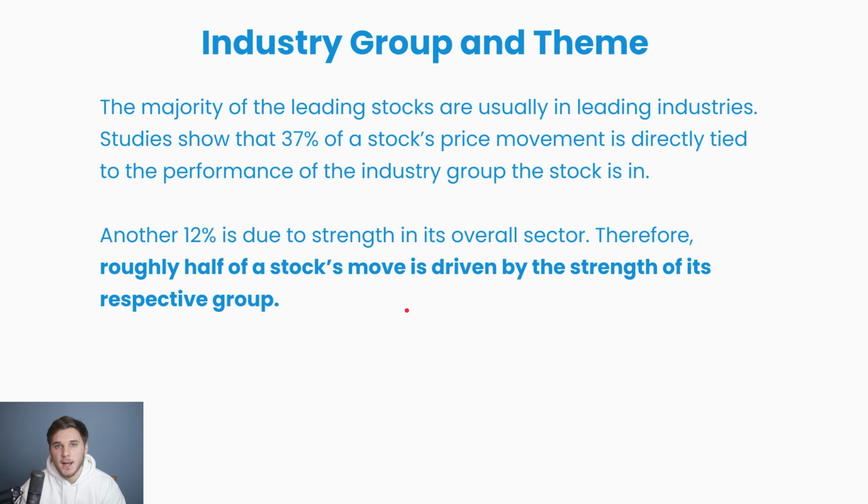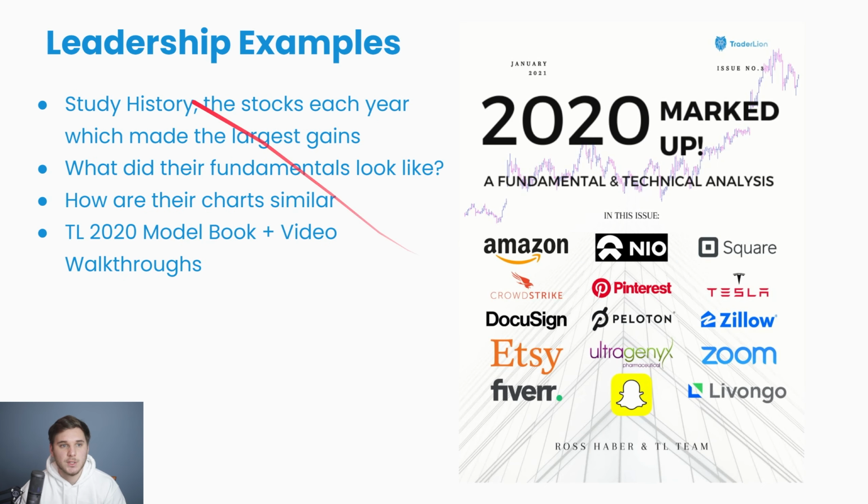So if you want to stack all the probabilities in your favor, you also want to make sure that a potential true market leader has an industry group that is also strong and is within a strong sector and theme. So in terms of leadership examples, the best way to do it is basically to study history,